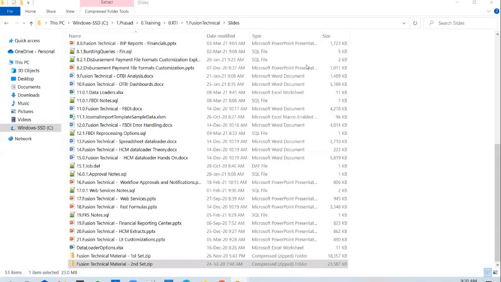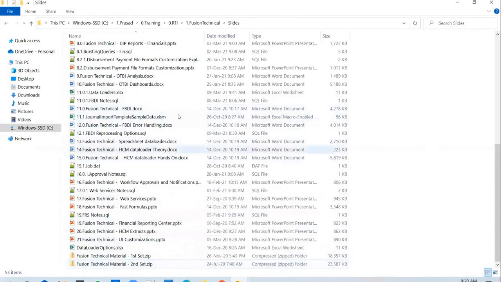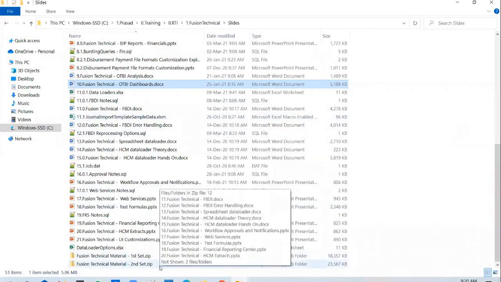And okay, they would have sent it only to you. Maybe what I'll do is I'll send this out to the admin today and ask them to share it with the entire batch. So that way you will have, in this set, all the other materials that we have been covering for the past 2 or 3 days. It starts with FPDA. I think only till point 10 you have in the first set, and the rest everything is included as part of the second set.